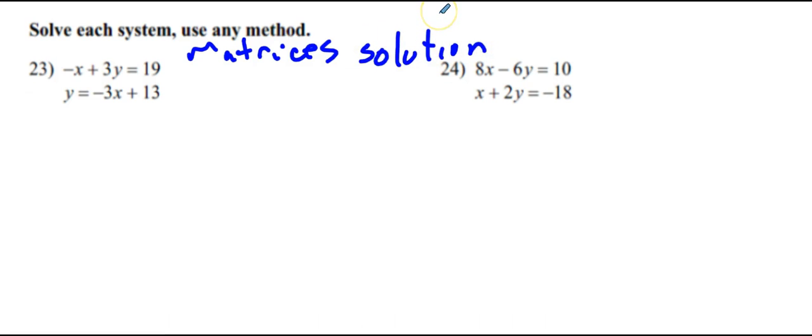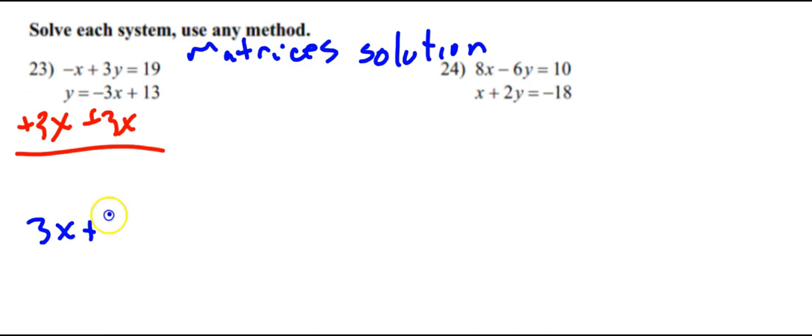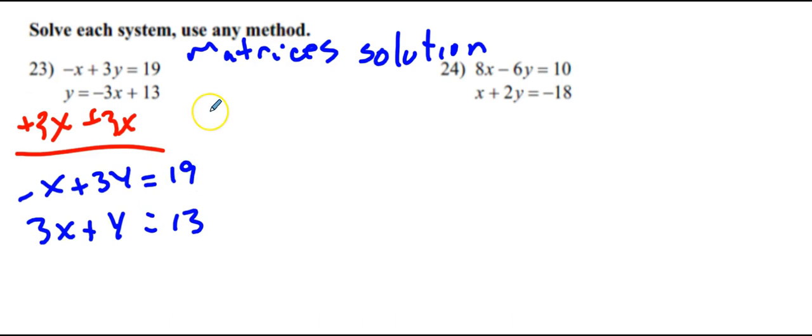And to do that, I have to pick off these numbers, but they do need to be in standard form, which is X, then Y equals a number. And we don't have that on the bottom, so I'm going to rearrange this bottom one by adding 3x to both sides. And so that becomes 3x plus y equals 13, and that top one was negative x plus 3y equals 19. And so my matrix goes in